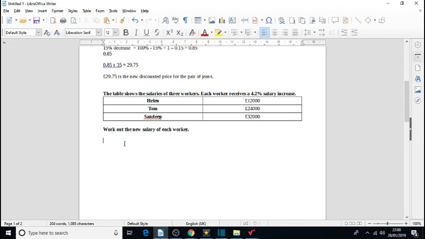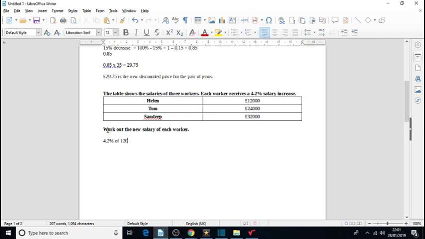So I'm going to show you another way we can work out the percentage increase. We're going to work out 4.2% of each salary, and then we're going to add it on top of the salary. So in this case, let's work with each individual salary. So 4.2%